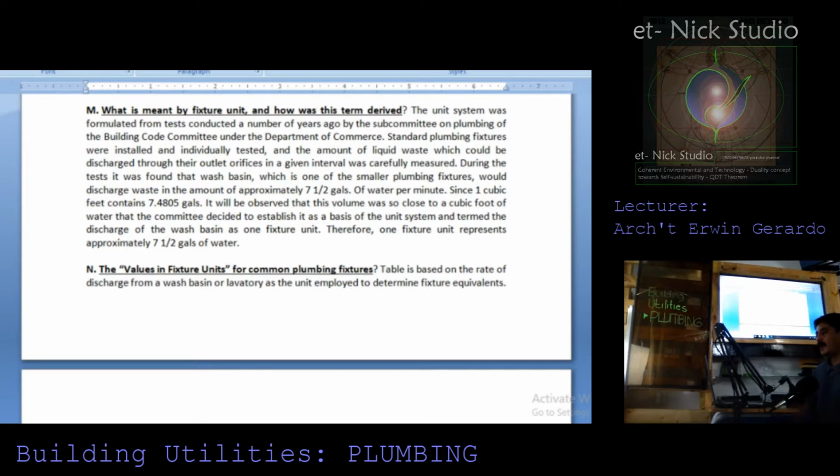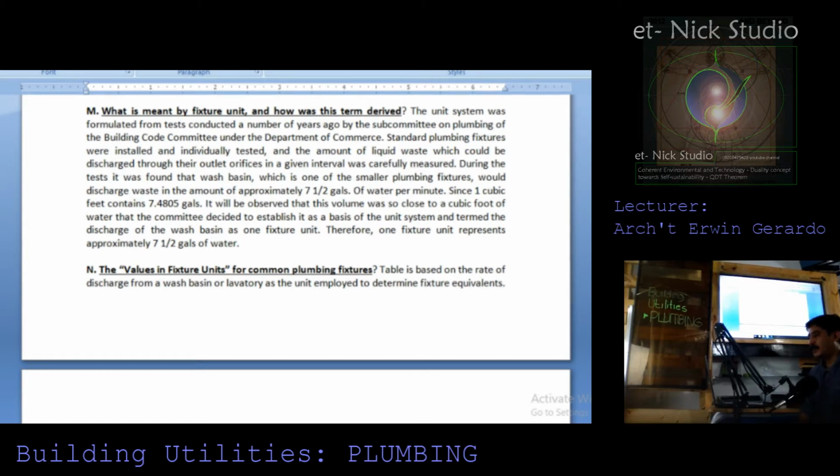What is meant by fixture unit and how was this term derived? The unit system was formulated from tests conducted a number of years ago by a subcommittee on planning of the Building Code Committee under the Department of Commerce. Standard plumbing fixtures were installed and individually tested, and the amount of liquid waste which could be discharged through their outlet orifices